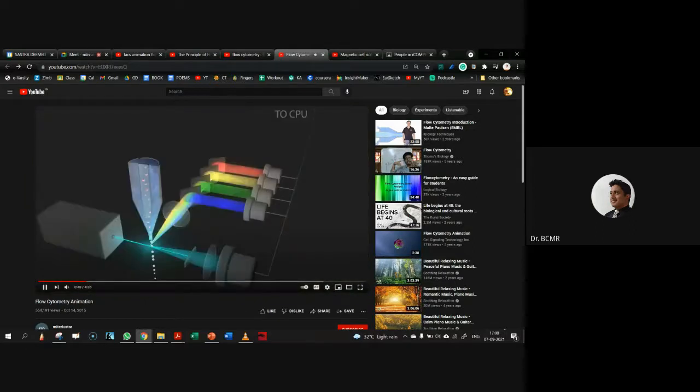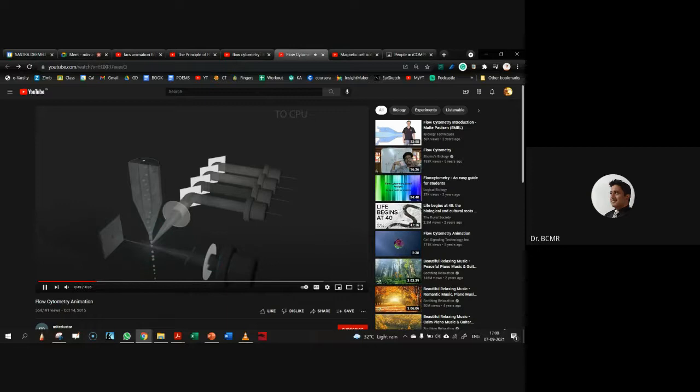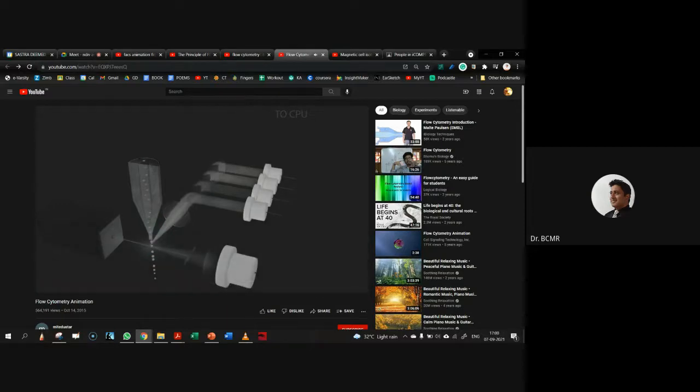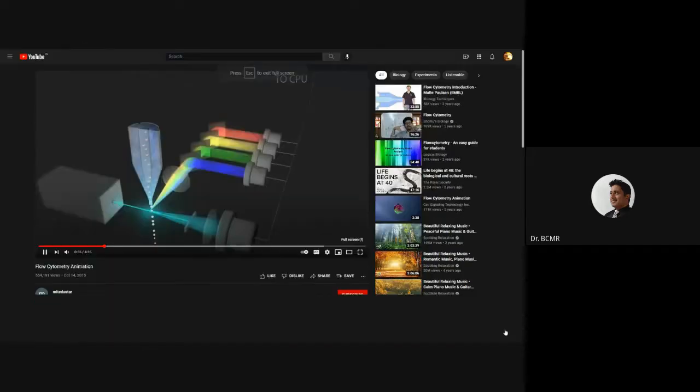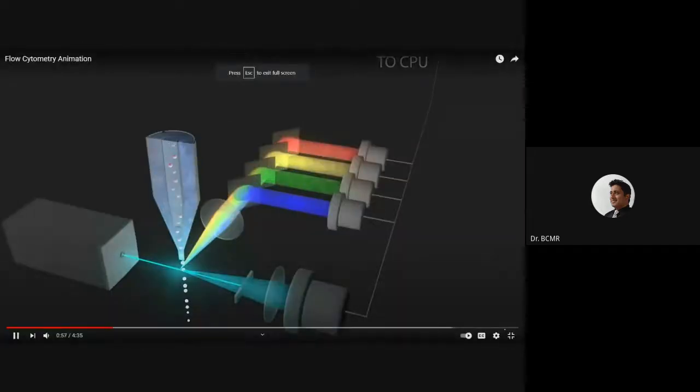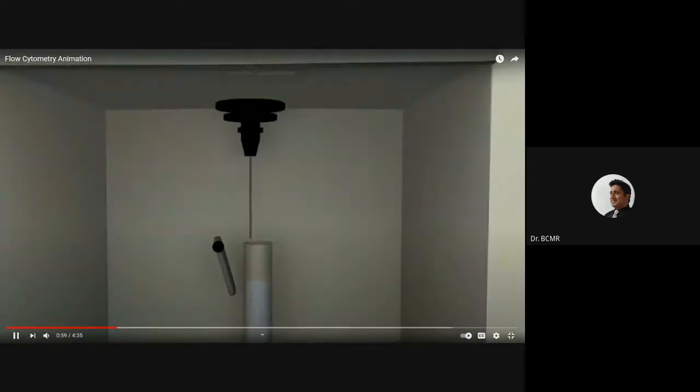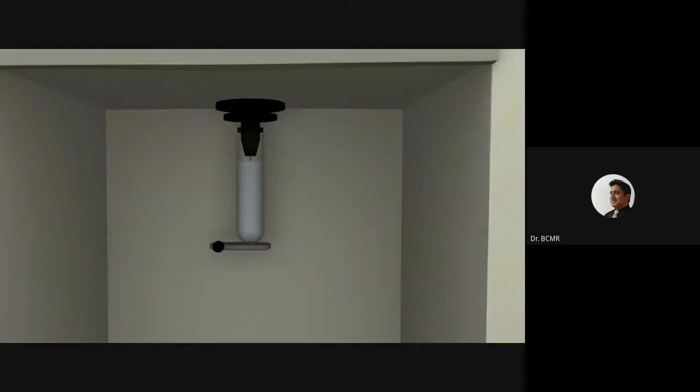And then the cell suspension will go through one cell at a time. If the laser or the light hits, based on what you are setting up, either the scattering or the color, you can choose whichever one you would like. And then the detectors will send it to the computer,